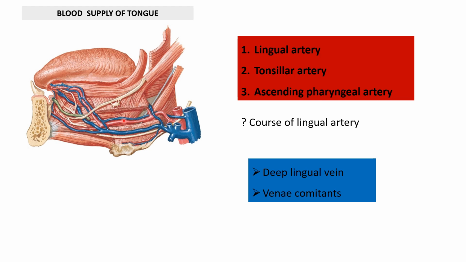The first part of the lingual artery, that is from the origin, from the external carotid artery till it reaches to the hyoglossus muscle level. Here it got a loop portion. This loop is allowing the hyoid bone to move freely. Second part of the lingual artery is lying deep to the hyoglossus muscle.